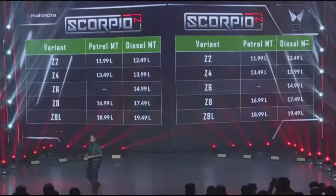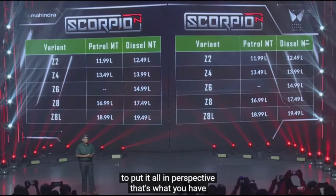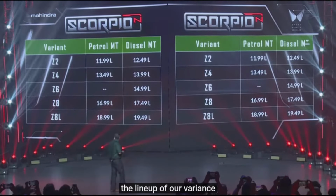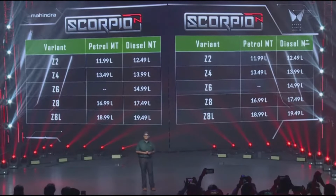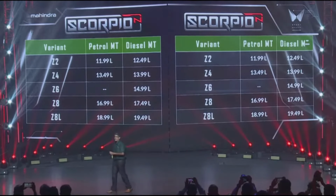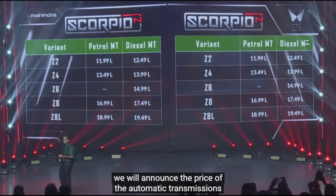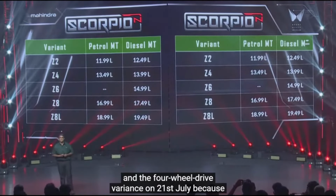So finally, to put it all in perspective, that's the lineup of our variants, going from Z2 all the way to Z8L. Two important things. We will announce the price of the automatic transmissions and the four-wheel drive variants on 21st July, because as you heard in the webcast,